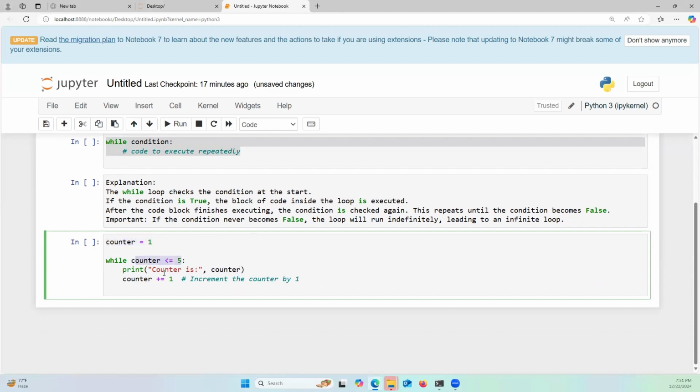Here we are putting a while loop: the counter is less than or equal to 5, and we want to print the counter is whatever number it is. Then we put counter plus equal to 1, which increments the counter by 1. So if I execute this code,